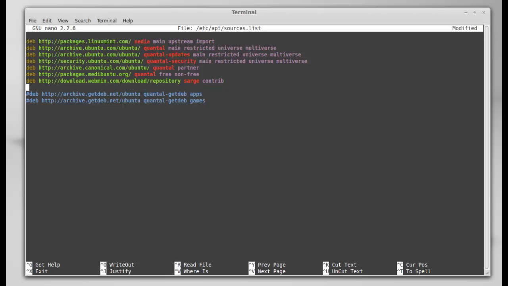Okay, that's the first line. The second line is deb. It's pretty, a little bit similar, not too much similar. HTTP webmin dot mirror